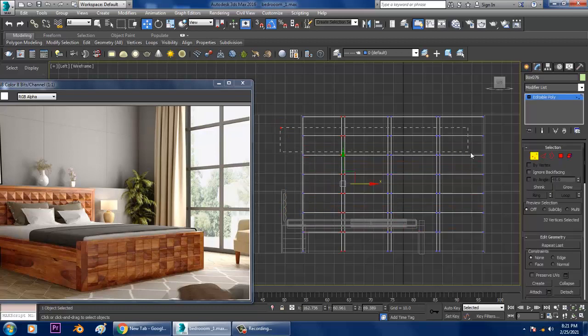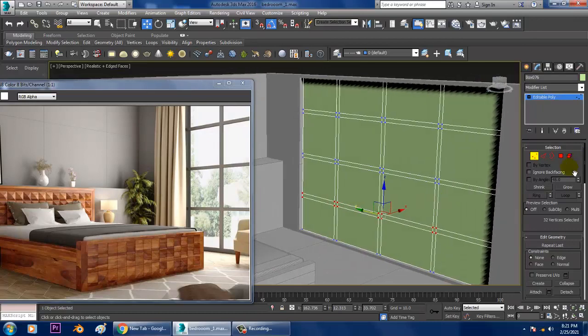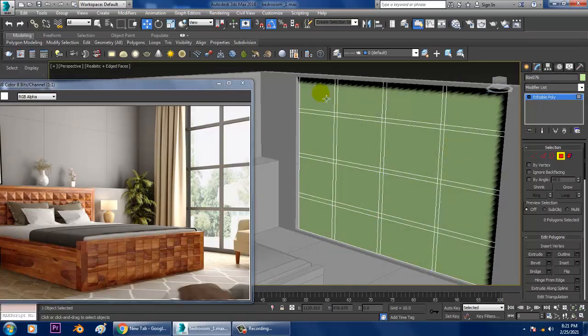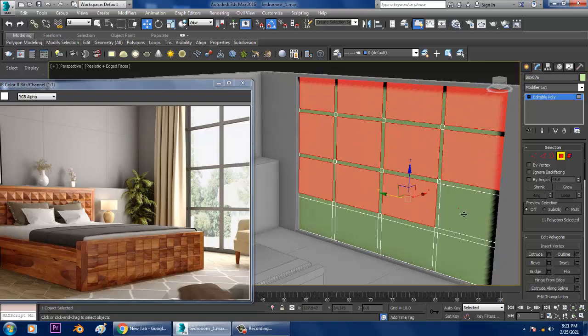So let's go into this. Scale it. Let's scale it from the top. So we can go into these polygons over here.